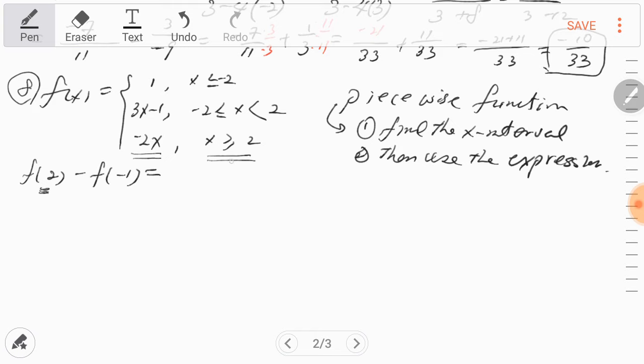Okay, so number 2, input value 2 belongs to this interval, so we gotta use this function. So -2 times x is 2. Okay, minus. Now f of